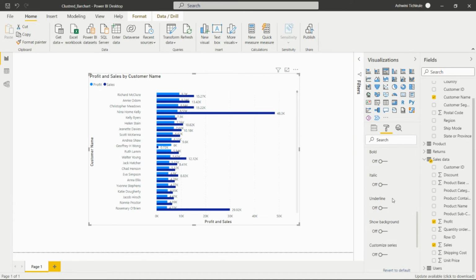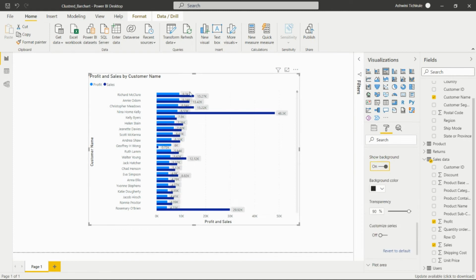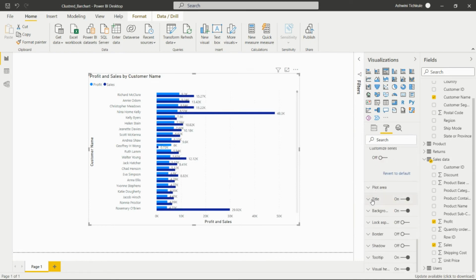Okay, from this we can bold, italic, or underline the labels. Then we can show the background also for these particular labels. We can set an image on the background for this visual. From this plot area we can set the title, and we can set the background color.